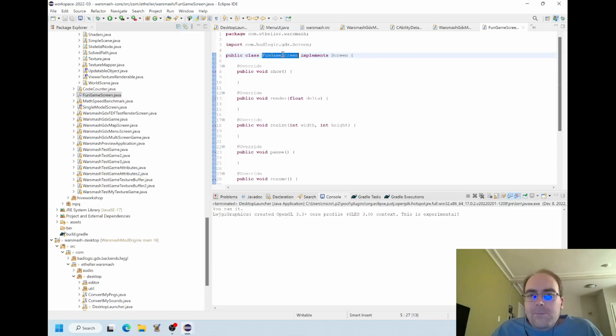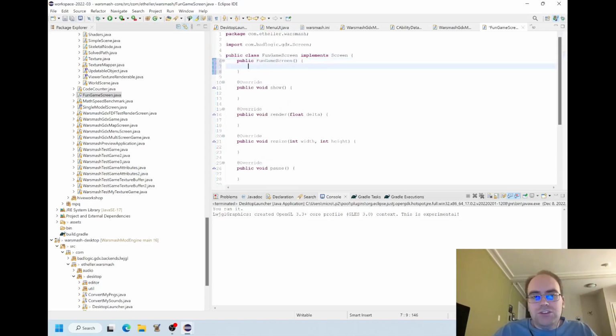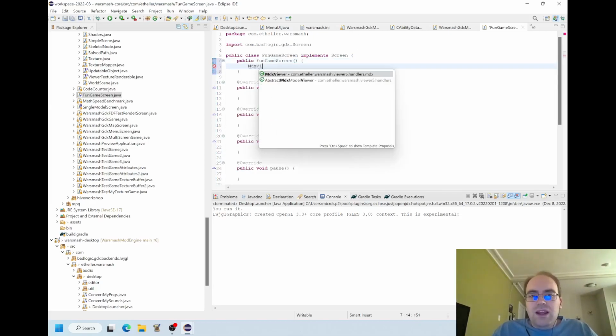So then you get back to what you can do in Fun Game Screen. And that gets back to some of the key things. In Fun Game Screen, when we create it, let's make a constructor for creating this screen. I want an MDX viewer. And this gets back to the design of Warsmash, the history of Warsmash, and why it's so easy to make a new Warsmash for you today. The history of Warsmash is to just copy Ghost Wolf. This isn't innovation. I just wanted to show off, because I wanted freedom and Warcraft.